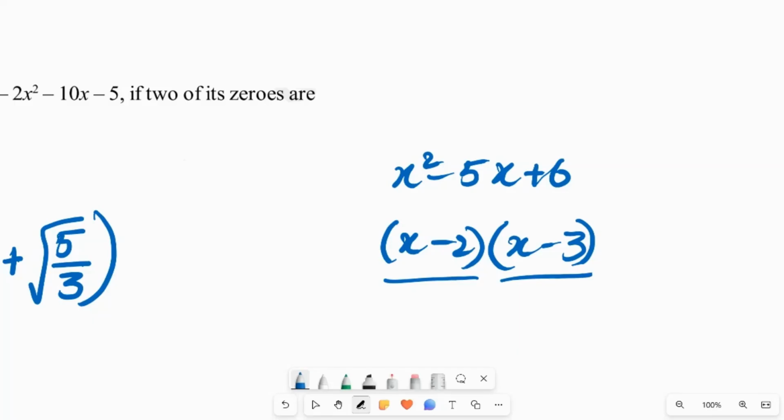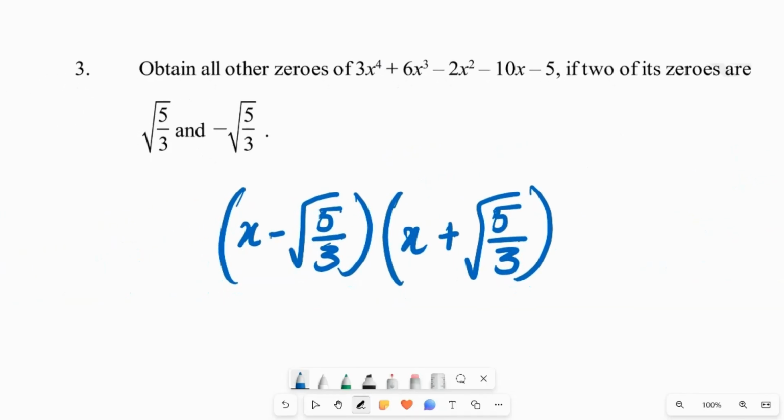So if I say that 2 is a zero of this quadratic polynomial, and I want to find the other zero, I would divide the quadratic polynomial by x minus 2 and the quotient is what I would get, x minus 3. So by dividing a polynomial by one of its factors, the quotient will give the other zeros of the polynomial. So if we use the same concept in this problem,